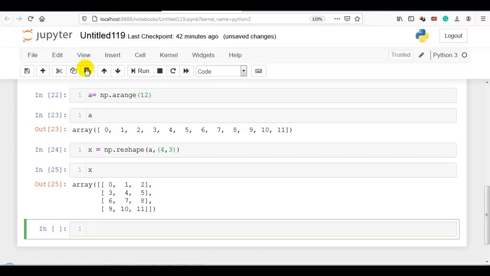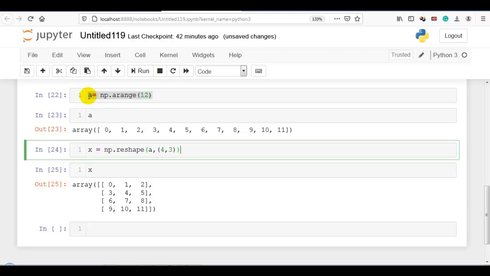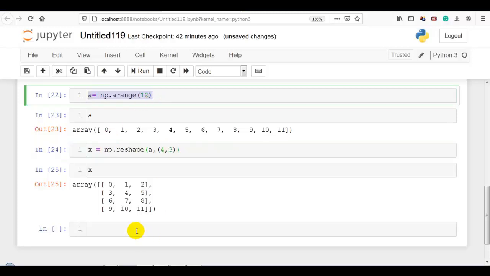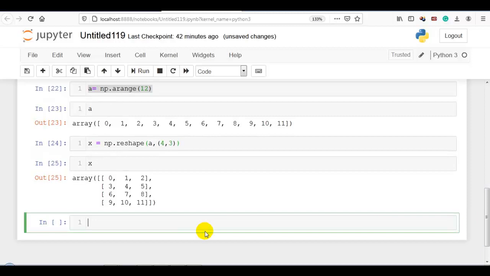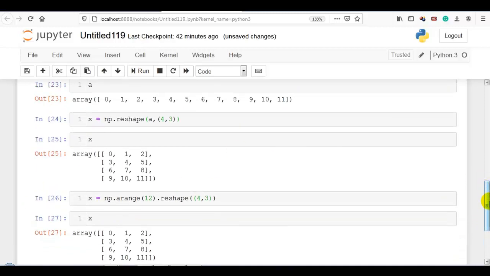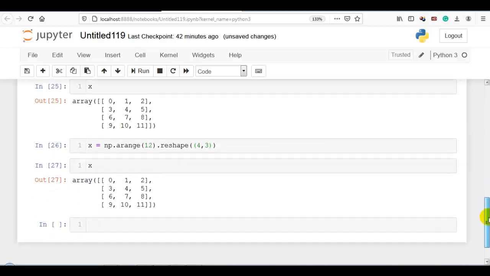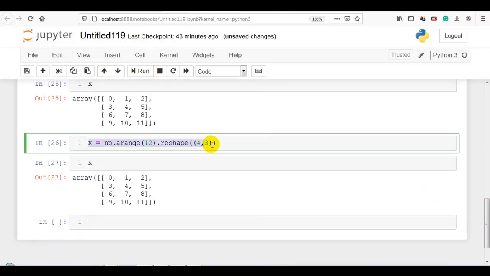In place of these two statements, arange and reshape, which require 2 lines, we can write it in a single line as well. So how to write? Directly I am using x is equal to np.arange of 12 elements, and here I am using reshape 4 cross 3. So in place of these 2 lines, first arange and then reshape, we can also write it in a single line.